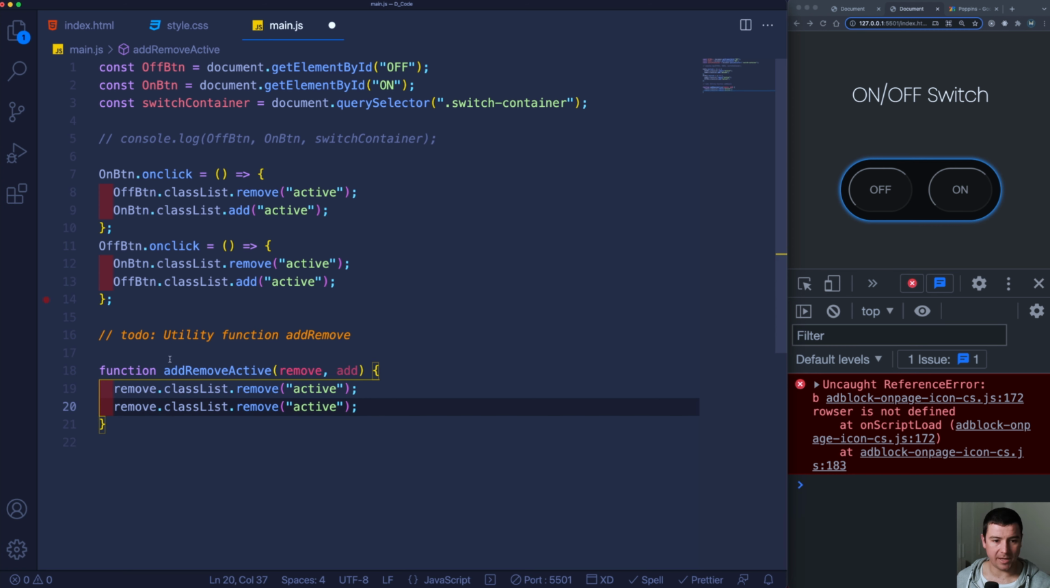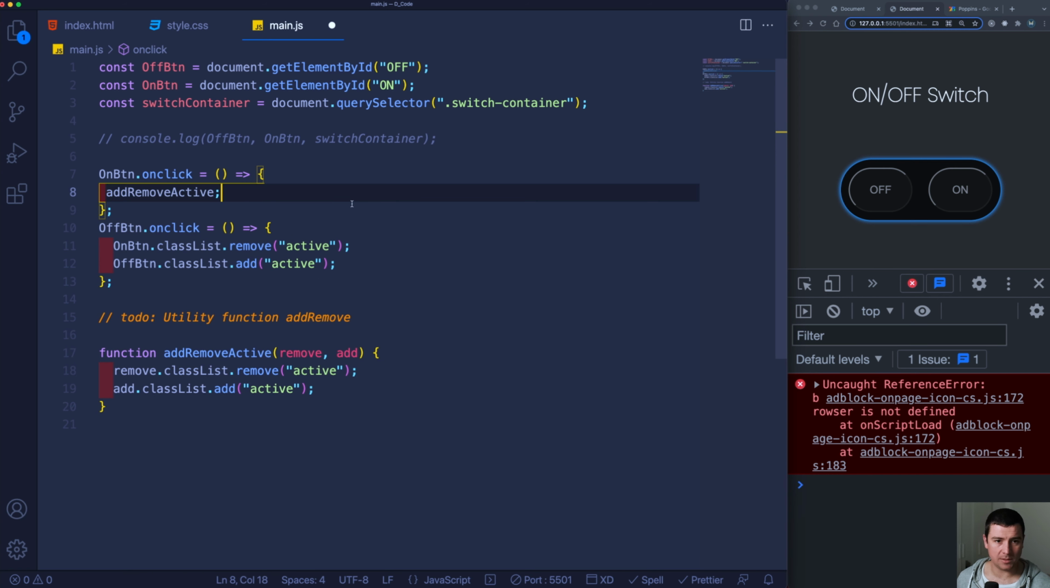Now whatever is going to be passed in as add, I'm going to add the active class to it. So pretty simple function. It's not exactly what we did up here, but I'm going to replace it with just this function, so both of them,